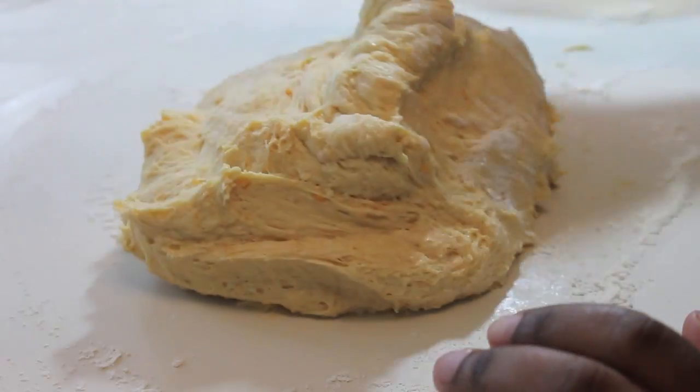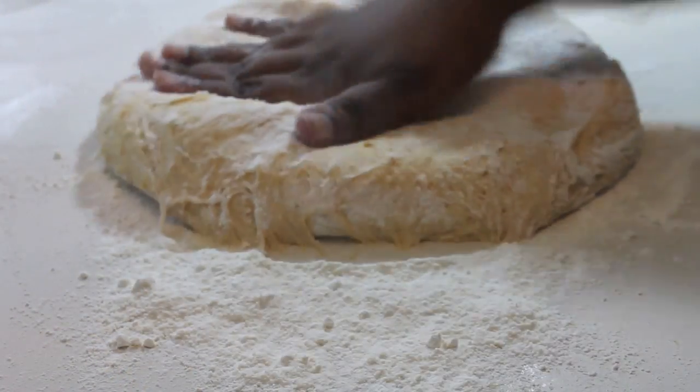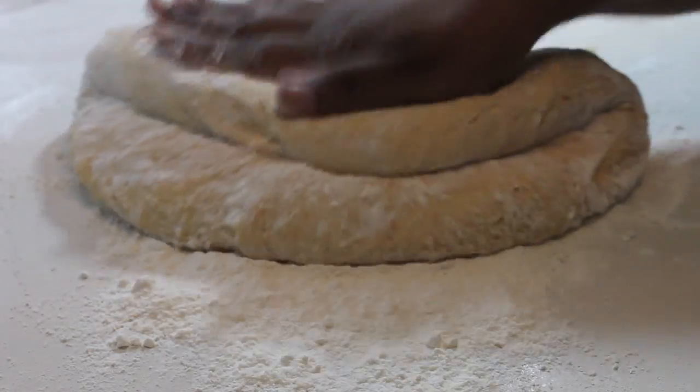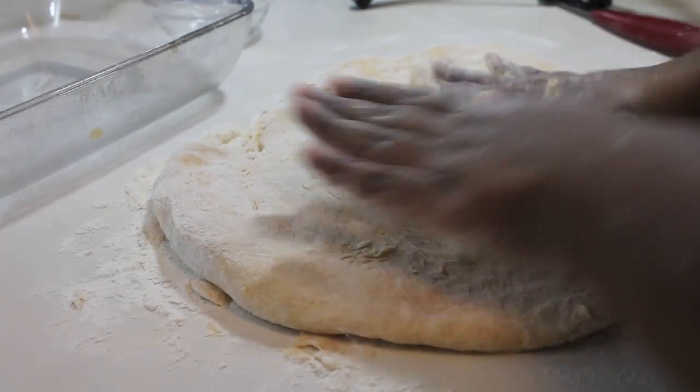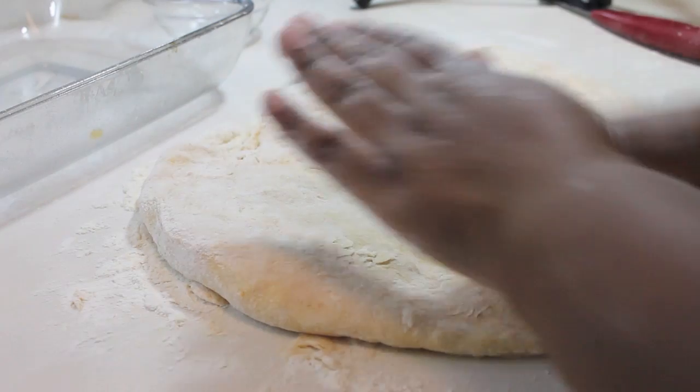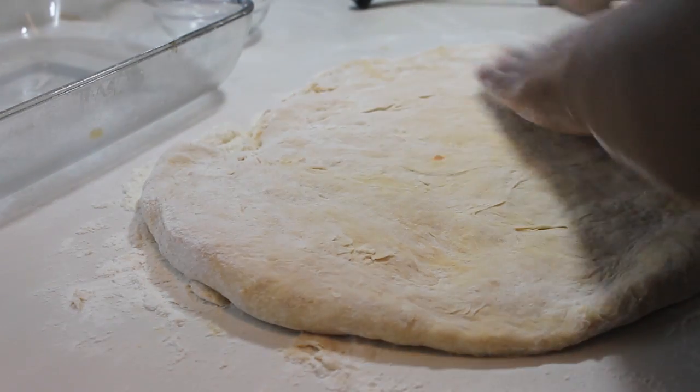As you can see, this dough is really sticky, so I added more flour. Don't get crazy with the flour like I did. I was really lucky that I didn't mess up my dough, but again, it's really sticky, so you will need some flour on hand. You're going to flatten out this dough using your hands or whatever works for you,